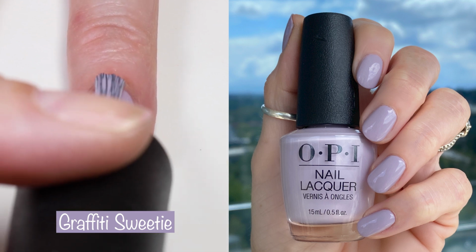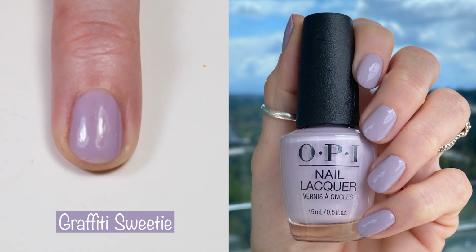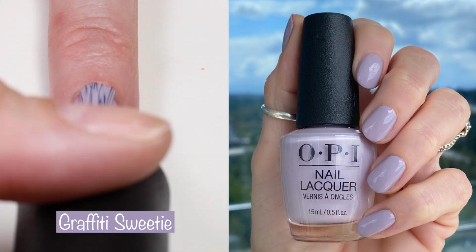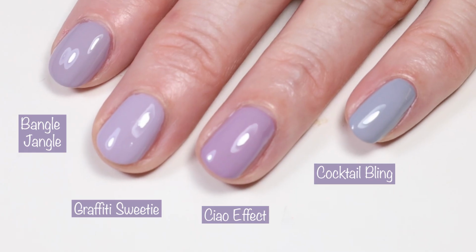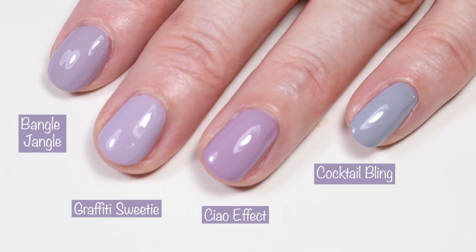It's a 2-coater, and it's stunning. Great formula. Like, pastels on fleek here, guys. On fleek, I don't think that's even a thing anymore, but these pastels are so nice. So here we have it compared to Essie Bangle Jangle, which you know I had to, Essie Chow Effect, and then Essie Cocktail Bling. No dupes here, but Graffiti Sweetie is pretty similar to Bangle Jangle, just a little bit